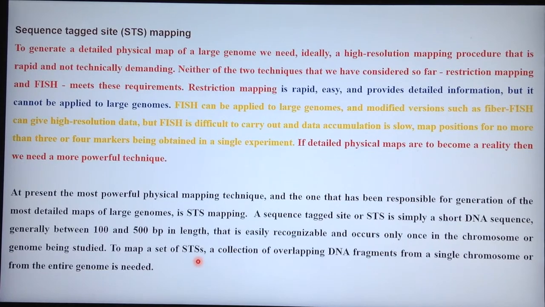So STS is one of the most powerful mapping tools, which has helped us to come up with a marker framework map. So sequence tag site or STS is simply a short DNA sequence, generally between 100 to 500 base pairs in length, that is easily recognizable and occurs only once in the chromosome. So the locus is fixed and it has a fixed position, so it is very easy to map a set of STS